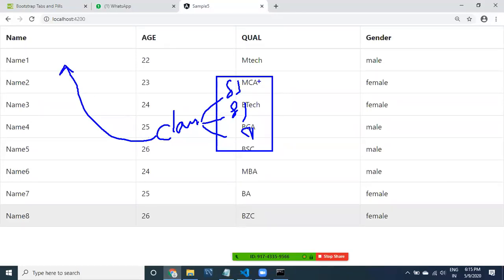But sometimes you can directly use these styles on your HTML elements, like border, color, background color, whatever styles you want to apply directly. Or you can combine a group of styles into a class, and then use the class here.